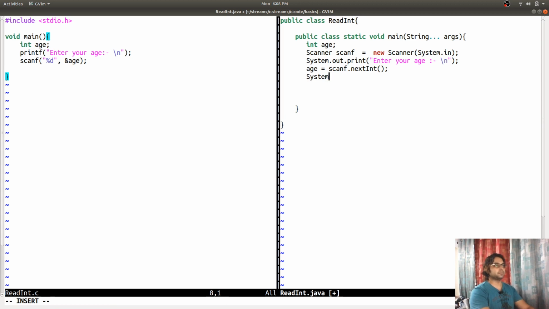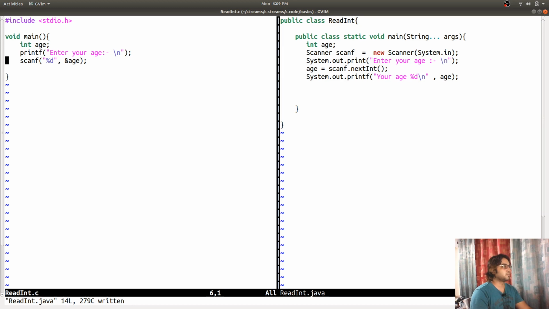Next I'm going to print your age. In the same way I'm going to print the entered value, your age percent d, and the age variable.